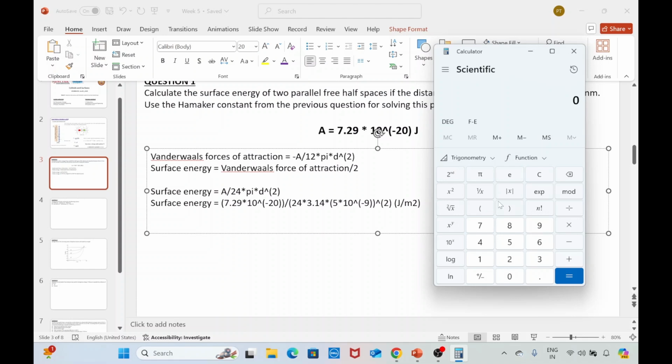So let me first calculate the denominator, because that is more